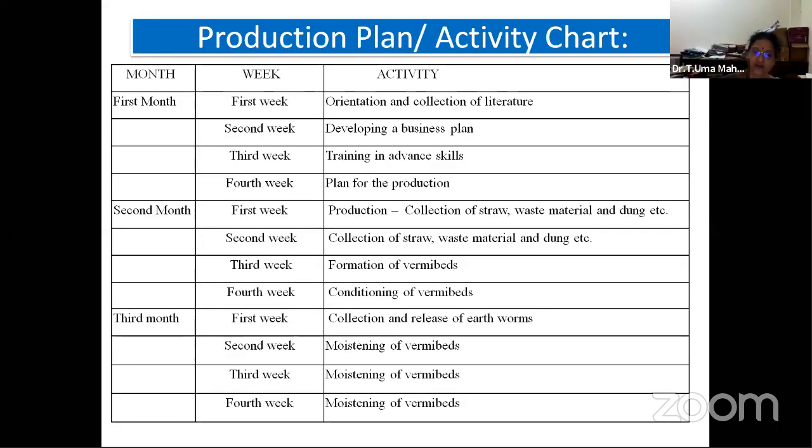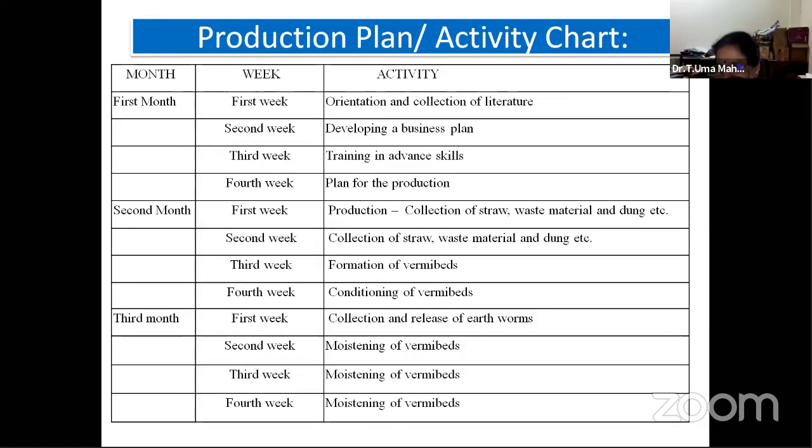Now, when you have constructed a thatched hut or anything for production, that is a shed, one important point you have to remember: whenever you form the bed, it should be above the ground, at a height of 1 foot, because when rainwater comes, if you form the bed only on the surface, rainwater will pass below the bed and all the worms will die. So always we suggest it should be at least 1 foot above the ground level, so that any rain will pass away. You have to have a particular height of the bed from the soil surface.